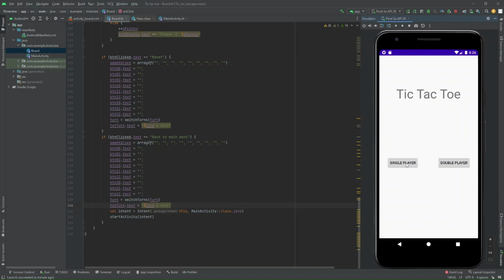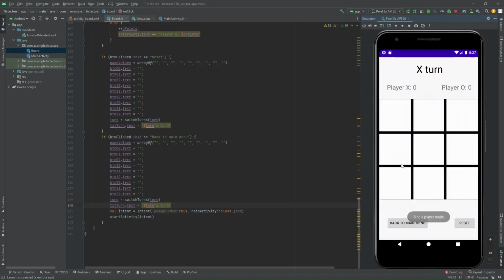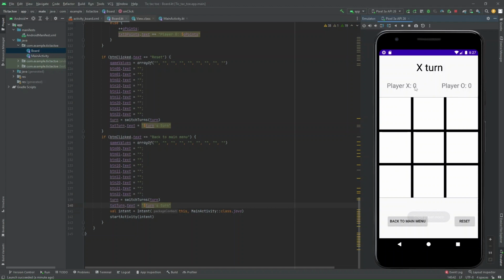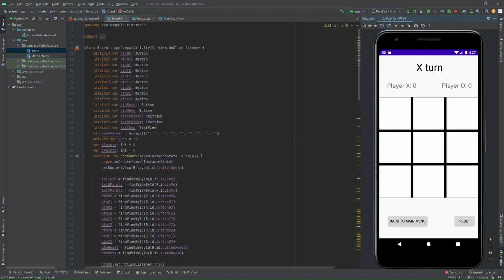Right now, single player mode does not work, only double player mode does, though clicking the button still brings you to the game. As well, the points do not update, but I will show you the code to that right now as well. So it starts off, we initialize all of our buttons and all of our views, as well